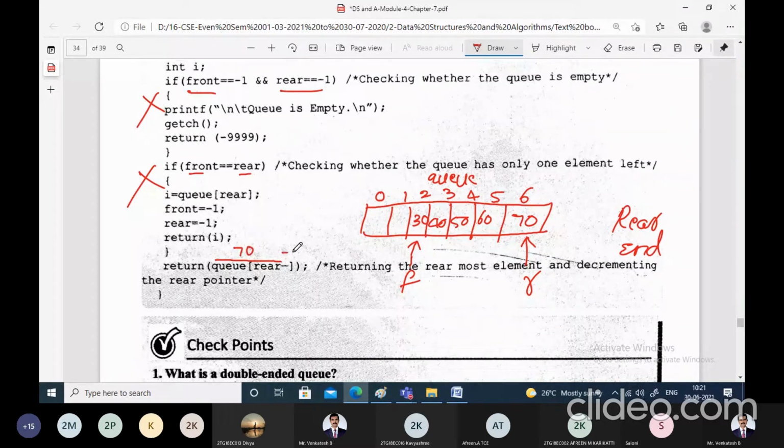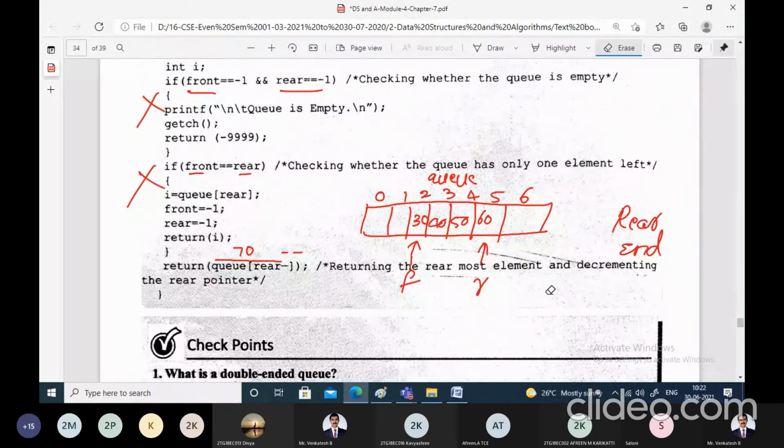It is not a single minus, it is actually minus minus. What does minus minus indicate? Decrement. Decrement the value of rear after obtaining the element from the rear end. So now you have to return this 70 to the caller. Let us assume that it has been deleted from the rear end, and later the code says decrement the index of rear. So when rear is 6 and you perform rear minus minus, rear becomes 5. So the rear pointer is made to point to this index now.